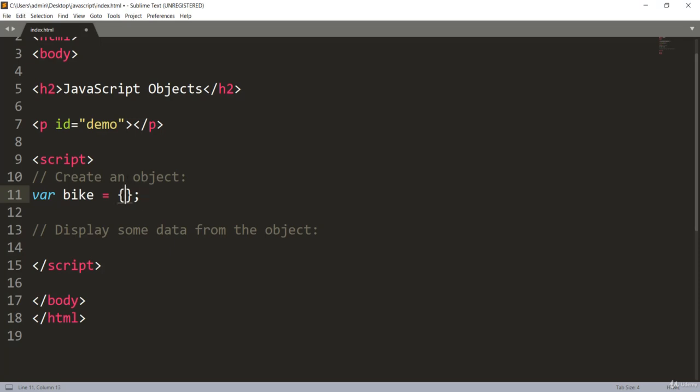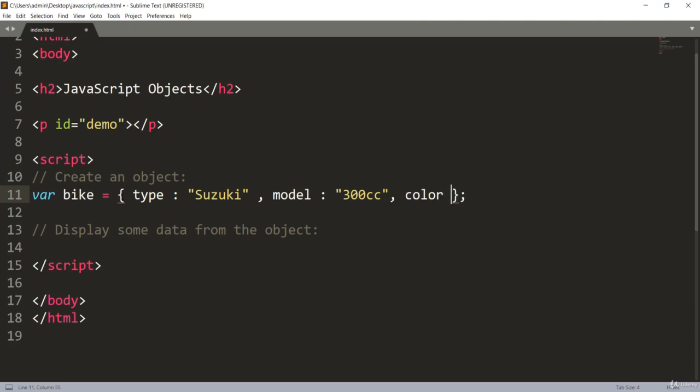But I want to give some properties to this bike. I'll say type, because we talked about the type or the model. This type will be Suzuki, and the next attribute will be the model. The model would be, let me say, a 300cc bike, and the next one would be the color.